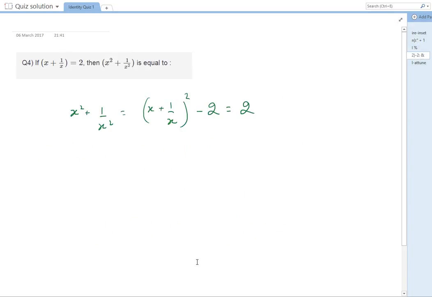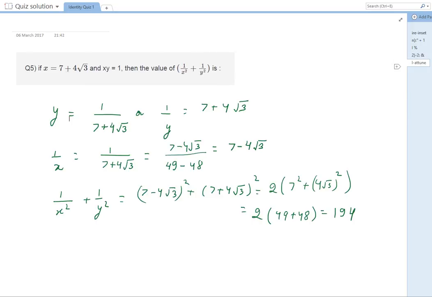Going to the next question. x plus 1 by x is equal to 2. What is the value of x square plus 1 by x square? It's straightforward, direct application of the relationship. Just square and substitute, and you should get the answer, which will be equal to 2. And then here, the only thing to notice is